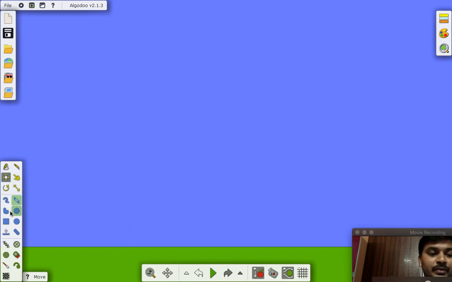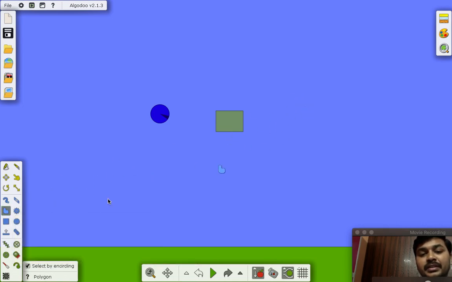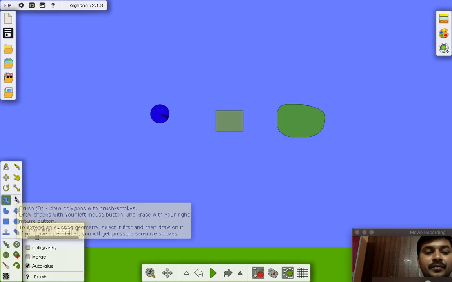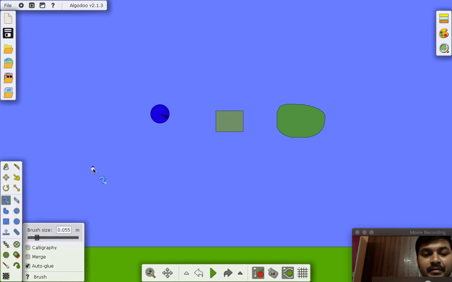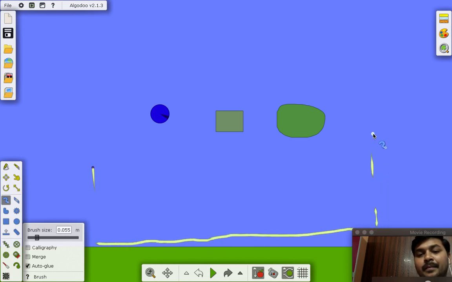And these are all the shapes of the objects that you can create. For example, if you want to create a circle, you can just click on the circle and create it. If you want to create a sphere, you just click on the sphere and create it. And if you want to create your own shape objects, you can draw on this and create your own objects. And if you want to create a vessel, something like an empty vessel, this is an empty vessel. So this is how we can create our own objects.